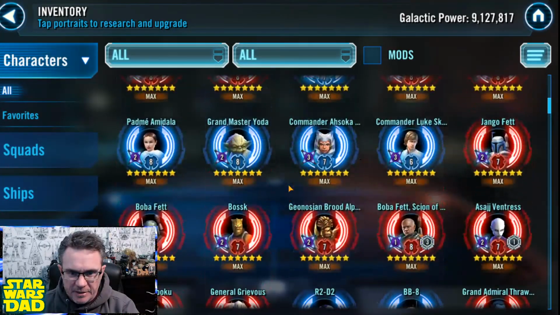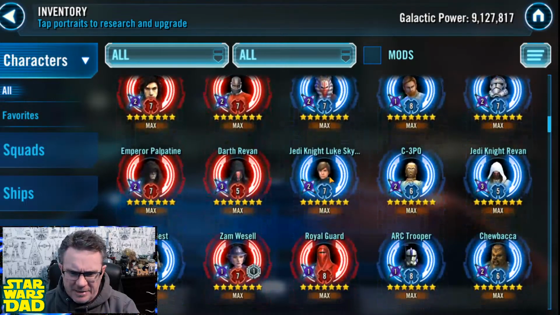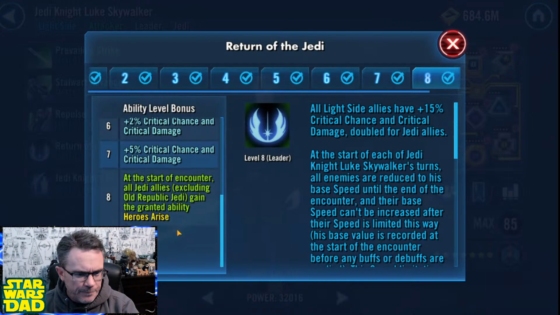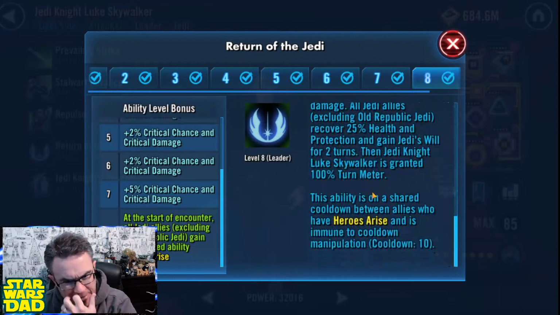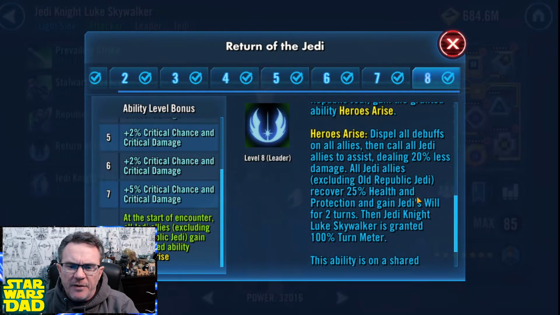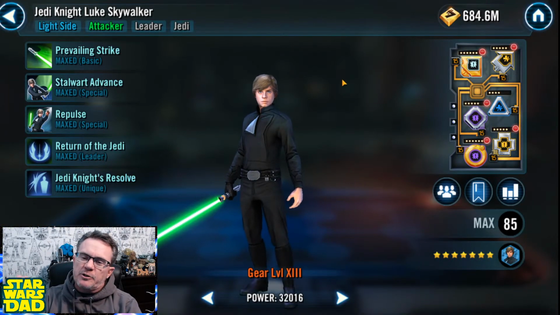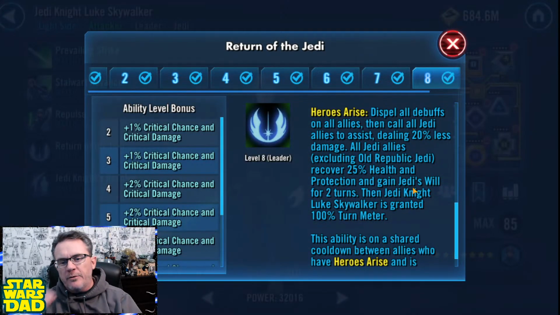Let's see what it is. Did I pass him up? No. His score should be higher. Okay. So his leader, Zeta: at the start of the encounter, they all gain Heroes Arise. Heroes Arise is dispel all debuffs and oh no, you need this. So this ability is what you use. Let me pull it up there again. This ability is what you use